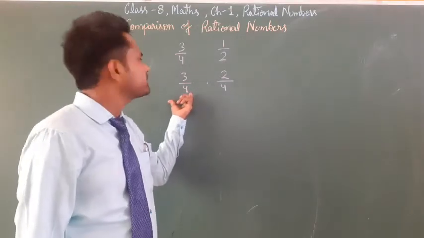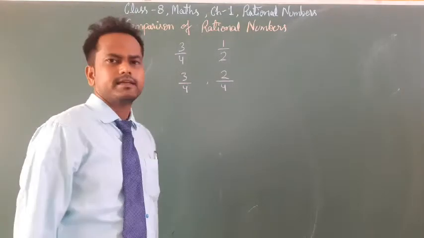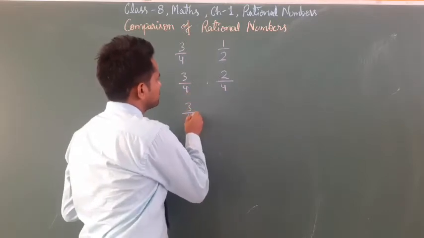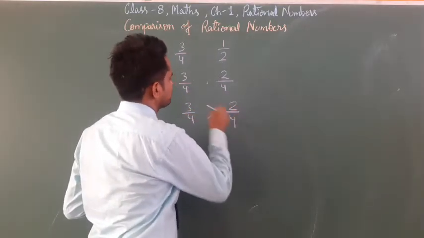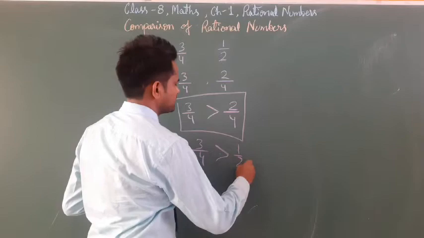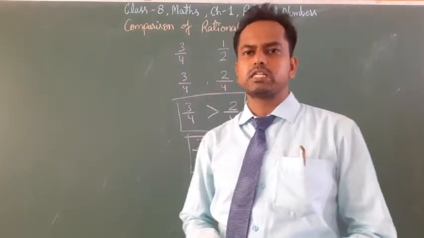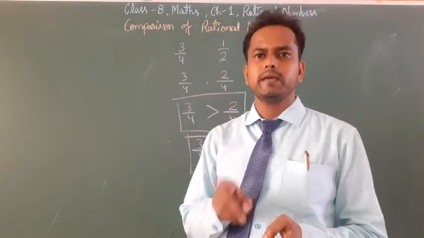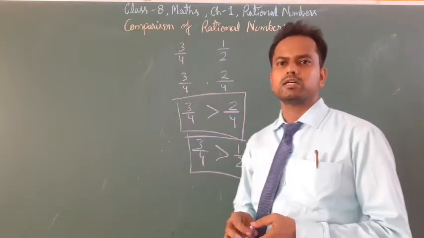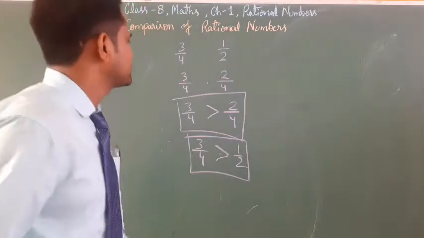So the absolute value of 3 by 4 is 3 by 4 and the absolute value of 2 by 4 is 2 by 4. That's why we can say that 3 by 4 is greater than 2 by 4. So we can say that 3 by 4 is greater than 1 by 2. To compare positive rational numbers, first you have to make the denominators the same. Got it? Then compare both the rational numbers and you will get your answer. Second rule is